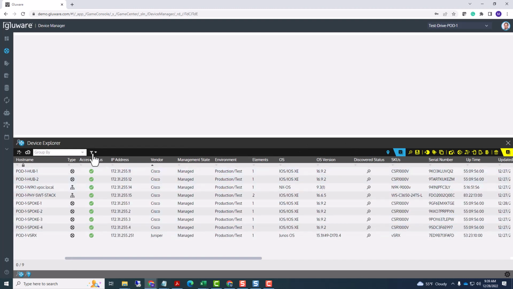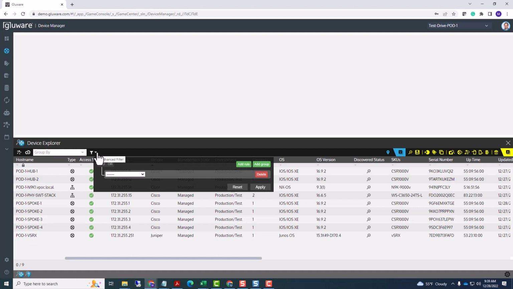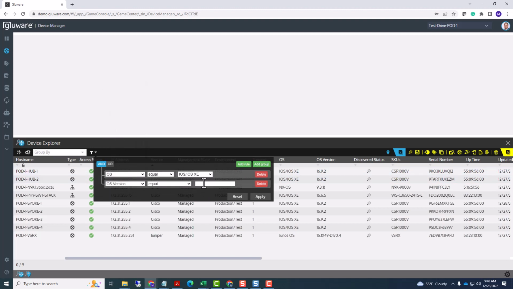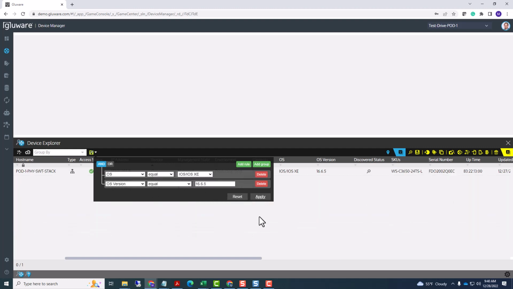The next thing to highlight is that instead of clicking on the filter icon, if you click on the drop down, you get our advanced filter. Using the advanced filter, you can enter a number of conditions that you want to search for. So I want to look for my operating system equals iOS. And I want to add a rule, and OS version equals 16.6.5, right? So I can build out a rule set here and apply it,